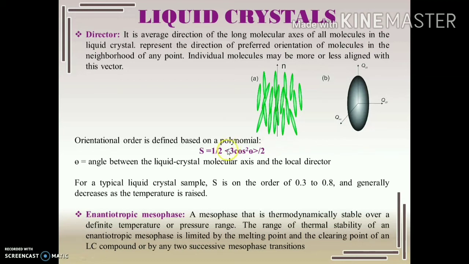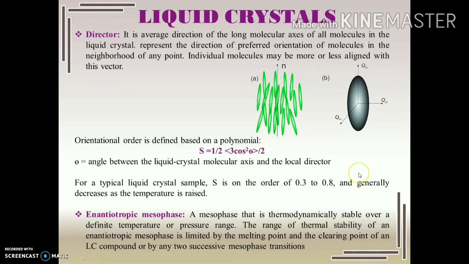Now these brackets signify a specific meaning: they stand for the average value. So even when the liquid crystal is oriented vertically, all the molecules are not oriented completely parallel to this axis, if this is the Z axis. In the figure, you can see that if we pick up this molecule, it is not exactly along the director, so it is aligned at a particular angle. So there is a distortion of tilt angles, and the tilt angle is defined by theta here in this expression.